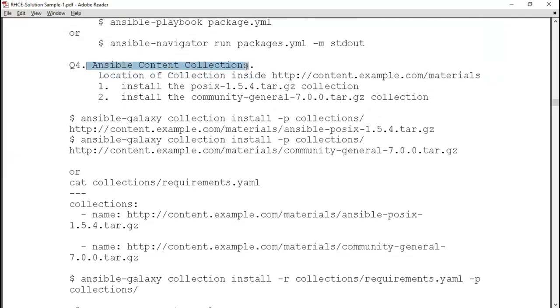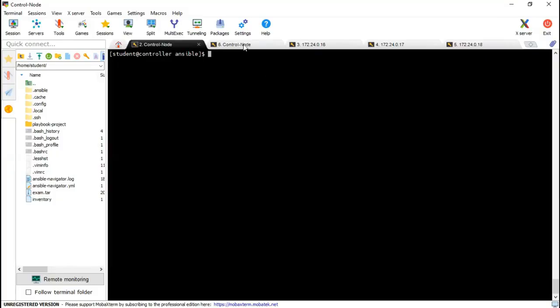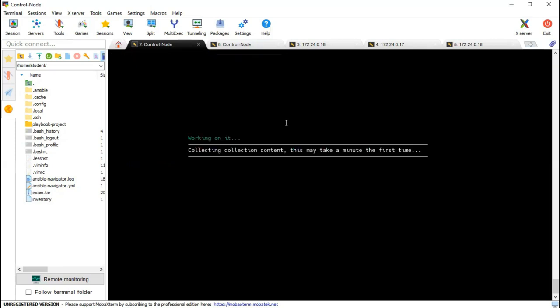Is my collection working fine or not? How will we verify that? To verify that, we need to check ansible-navigator collections. Verification is required. Whenever you perform the task, just try to verify whether it was performed correctly or not. So if you will see,